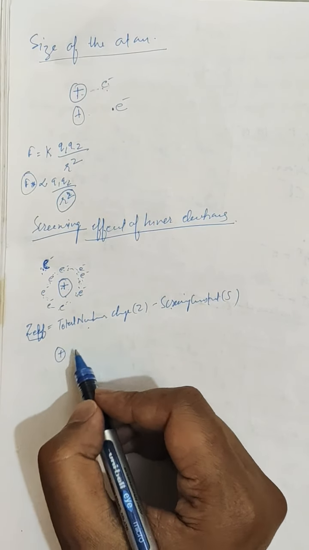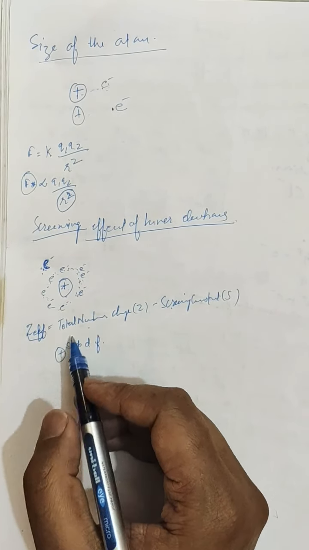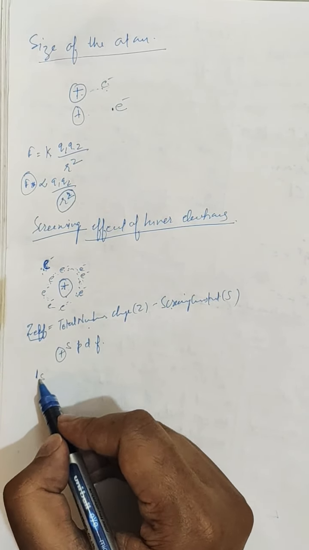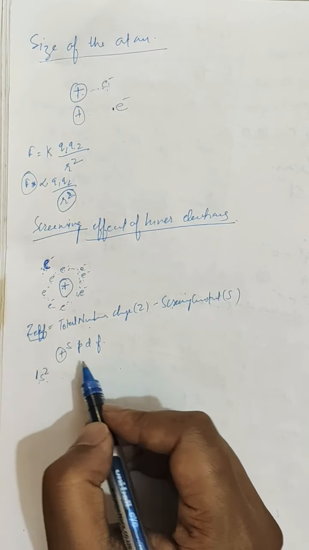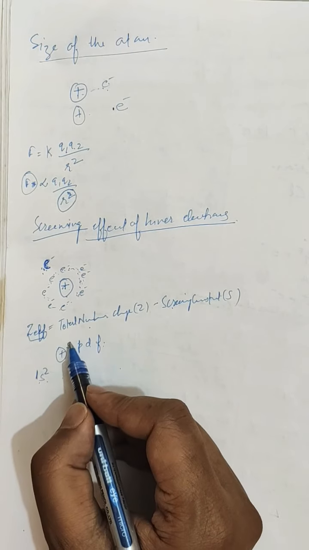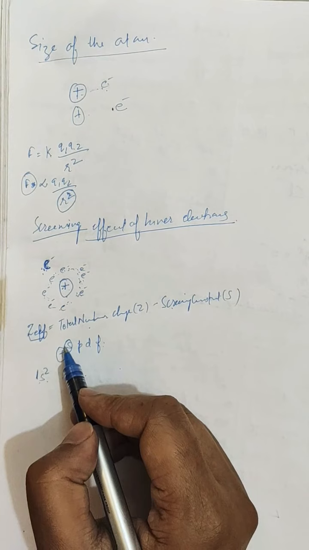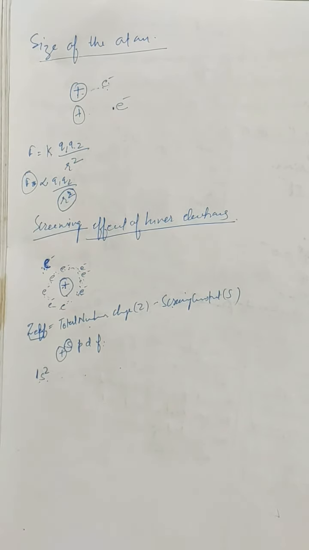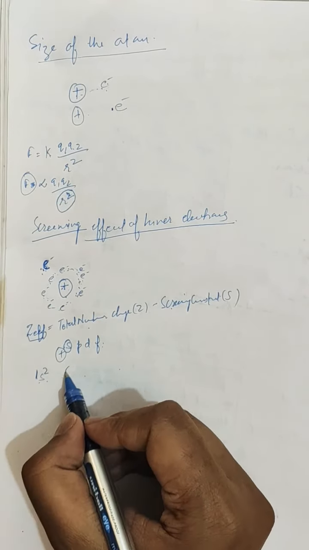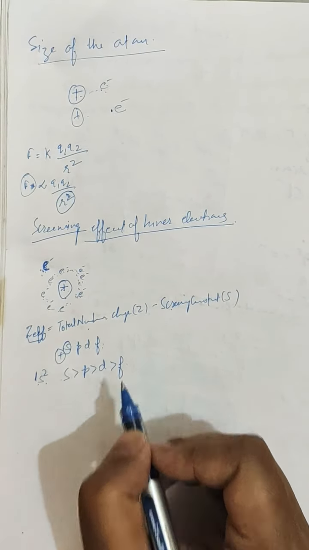Around the nucleus there are different kinds of orbitals like s orbital, p orbital, d and f. If you write the electronic configuration, it will start from 1s2, 2s2, 2p6, 3s2, 3p6. In each principal quantum number, the s orbital is nearest to the nucleus, whether it's 1s or 2s or 3s or 4s or 5s. So they have maximum power to penetrate the electron cloud. So s will have the largest penetration power as compared to p, d and f,